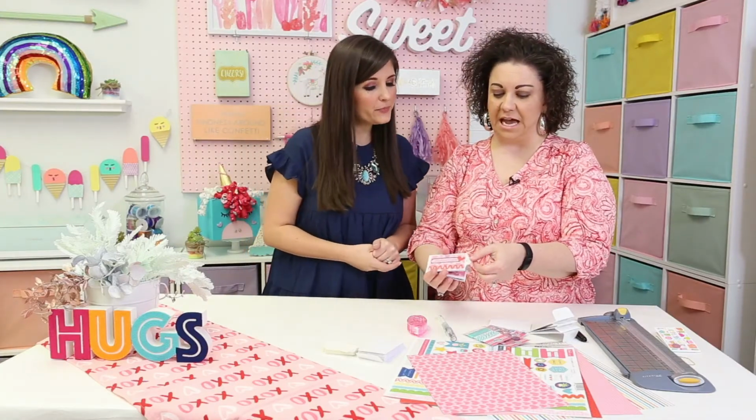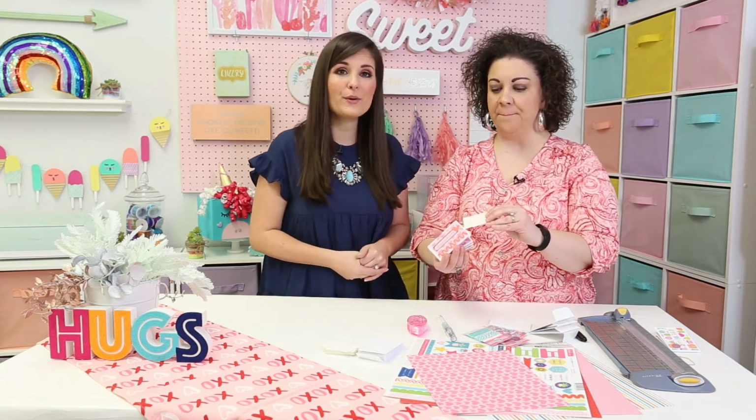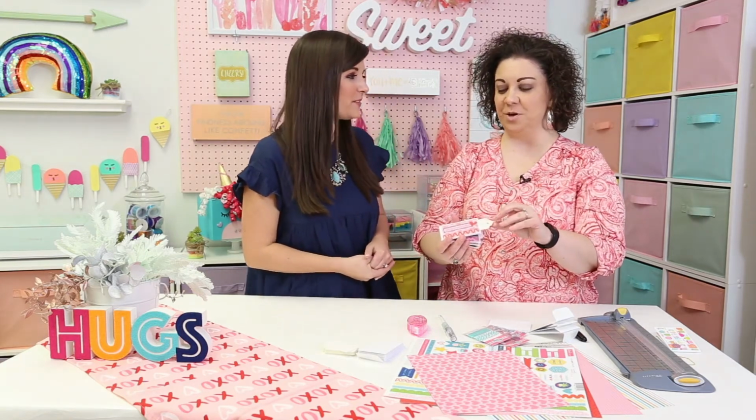Cute. And the fun thing is that you can also cut little slits in it so you can have little tag inserts. You can put things in there, or you can make this even like one of those little coupon books,